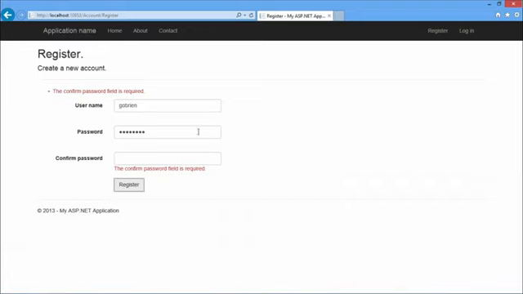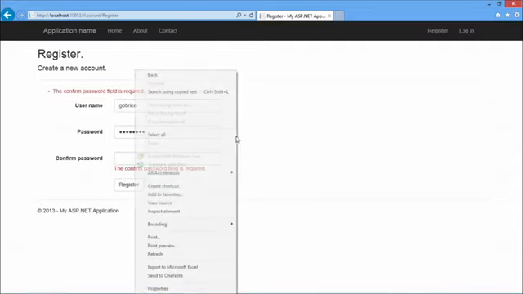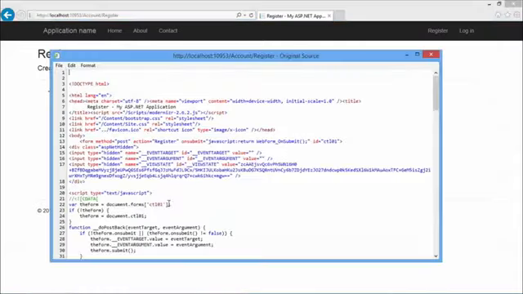What I wanted you to see was because I did not fill in the second password option, I now have some red text that popped up on the screen, one that says the confirm password field is required, and I see it in two different places here. And this is an example of some JavaScript code that was actually executed. If we right-click and go View Source again,